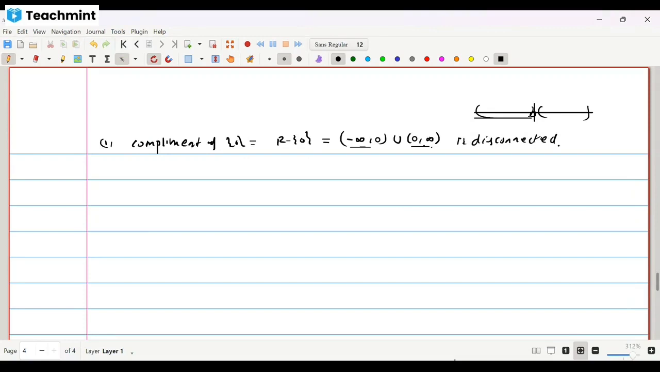Right? That means the complement of the singleton 0 is a finite set, right? Singleton 0 is a finite set, therefore it is countable. Every finite set is countable, right? Therefore, the complement of a countable set in R is not connected. But the complement of a finite set or countable set in Rn, where n is greater than 1, is always